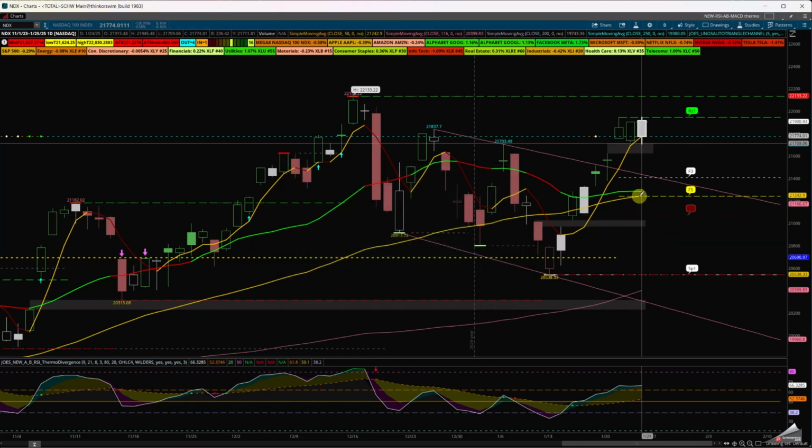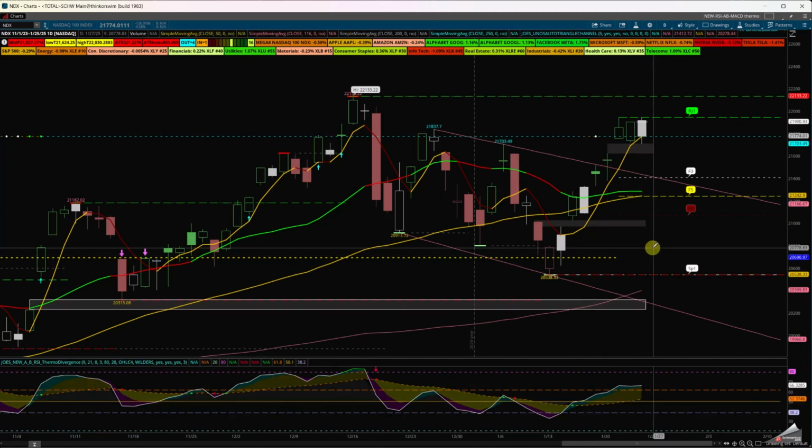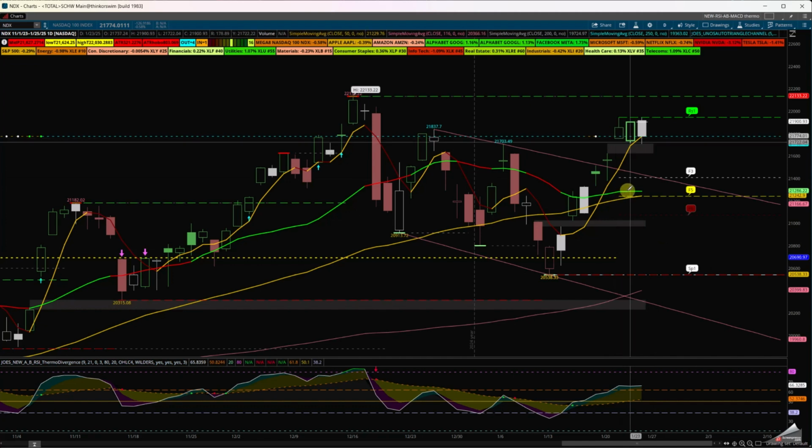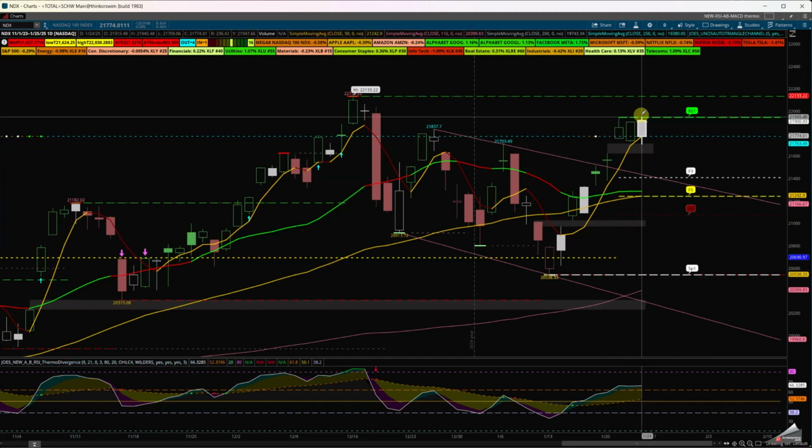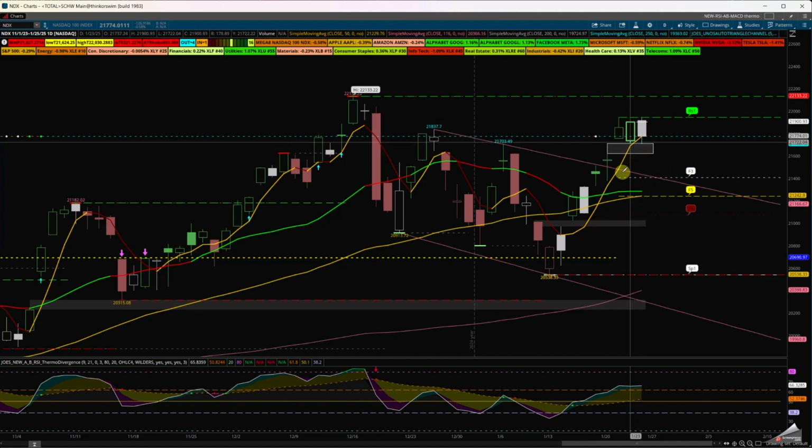How far are we away, on the daily, from the 18 SMA? Quite a bit, because if you put a Bollinger Band between the top and bottom band, this is your midpoint, the 18 simple moving average and the 50 SMA. We are away from that area on the daily chart.